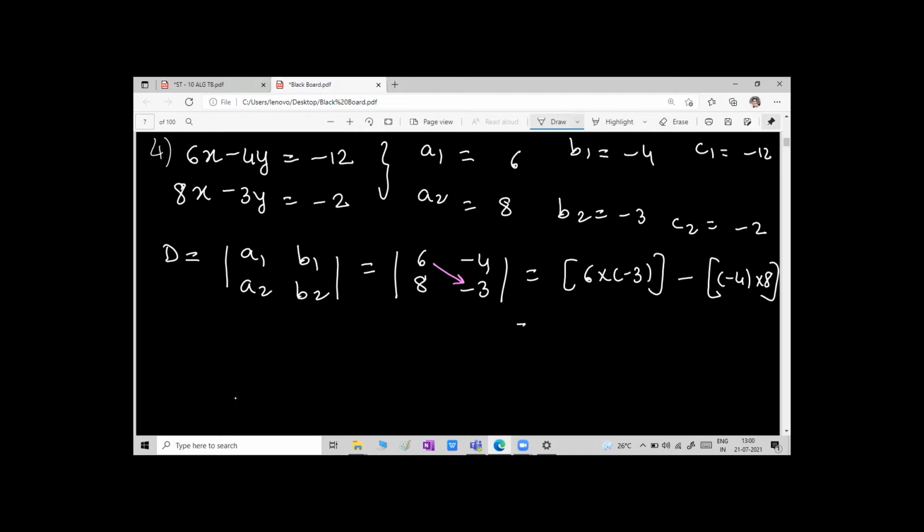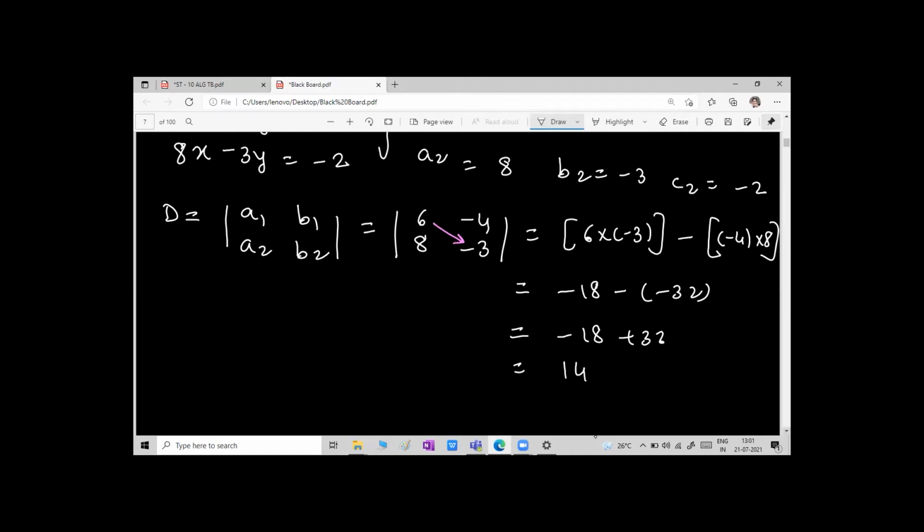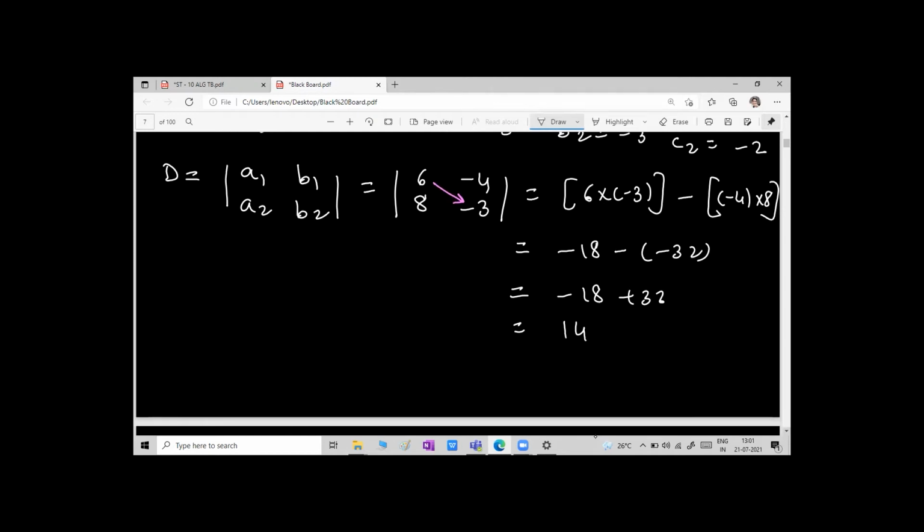Here it would be 6 into -3 is -18, minus of -32, which is equal to -18 plus 32, which is equal to 32 minus 18, which is equal to 14, and sign of the greater number. So here it's only 14. Okay, I hope I'm very clear. Let's go for the